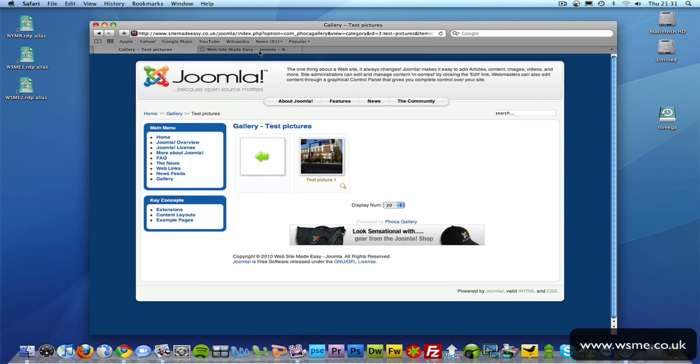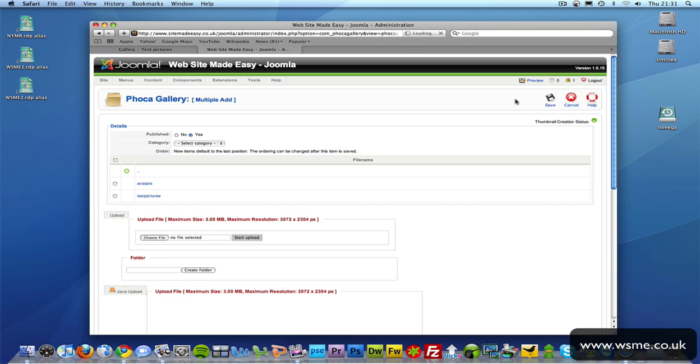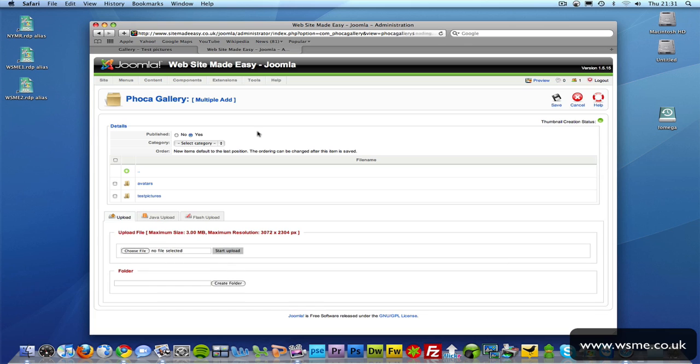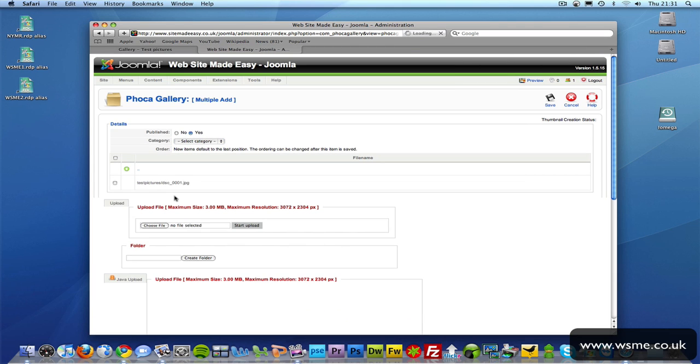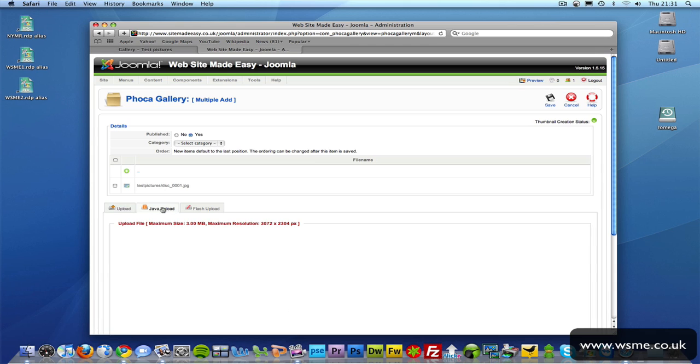If we go back to our administration panel, we can now add multiple pictures. So if you click on Multiple Add, in this case we want to select the category of Test Pictures, and we also want to go into our Test Pictures folder that we created earlier, and in here you can see that the test picture we've already created is already here. There are two ways to upload multiple pictures. The best way is to click on Jar Upload,